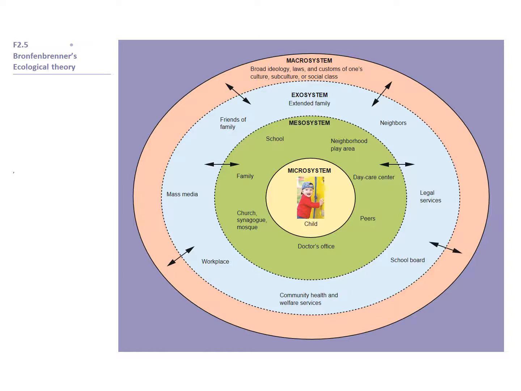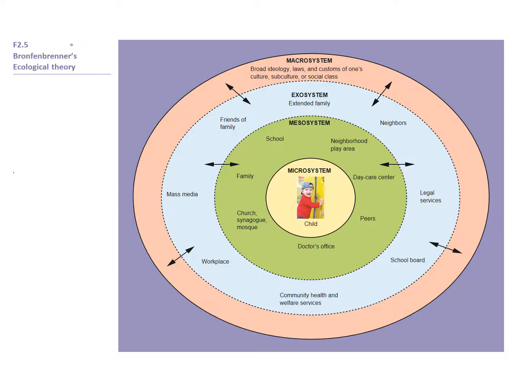Those are two-headed arrows. So, for example, the community health and welfare services that can be offered might have an influence on the patient services delivered at the doctor's office. And finally, the macro system at the outside is a huge structure consisting of broad ideology, laws,